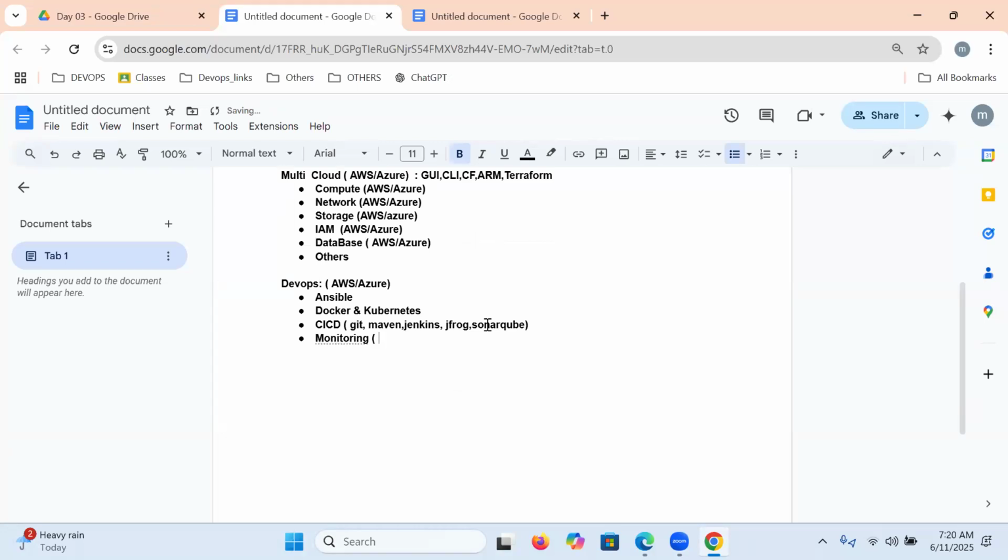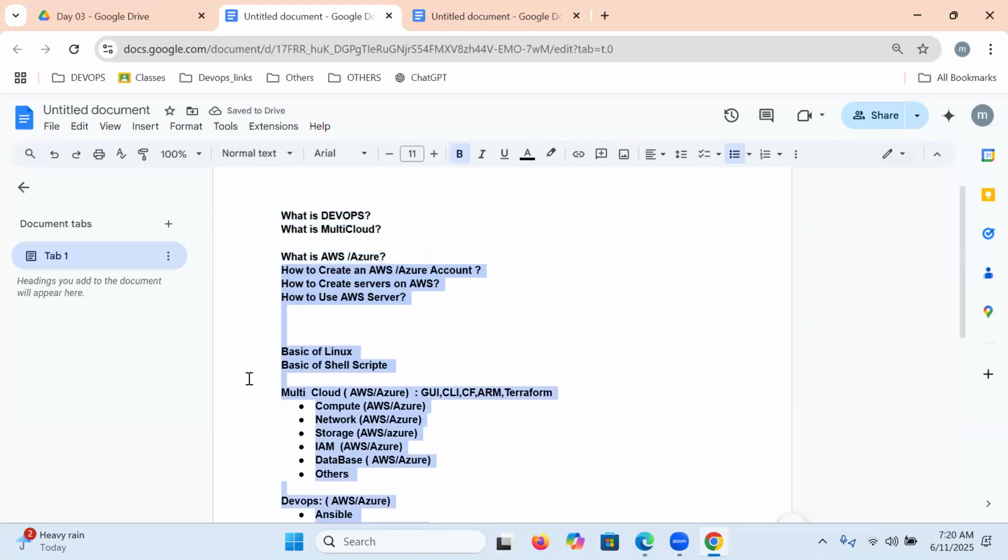In monitoring, ELK and Grafana. So this is exactly the roadmap for our course.